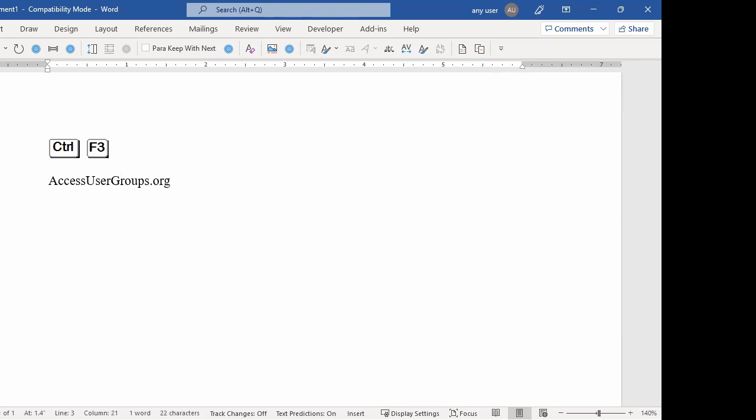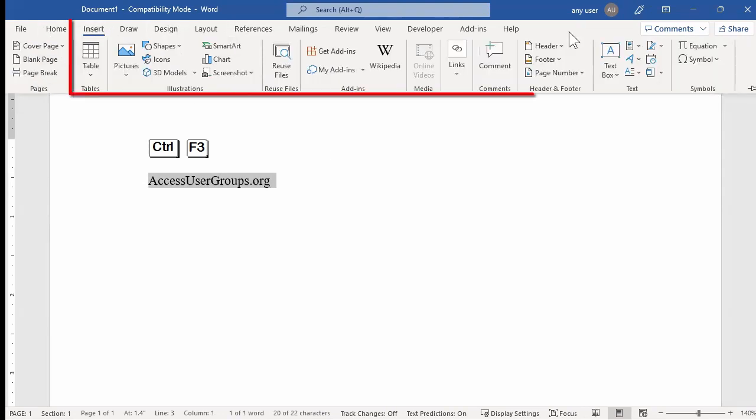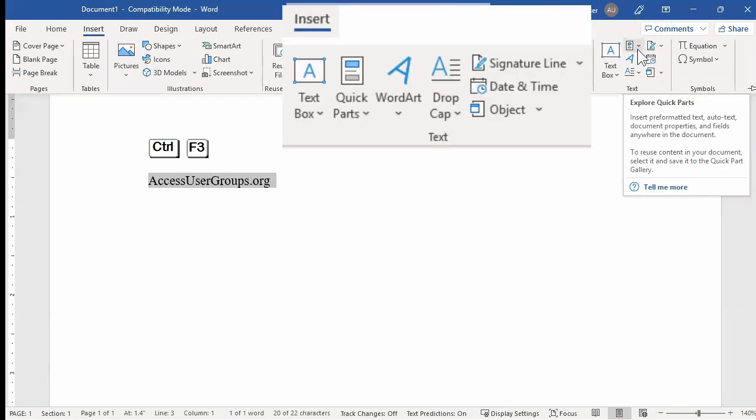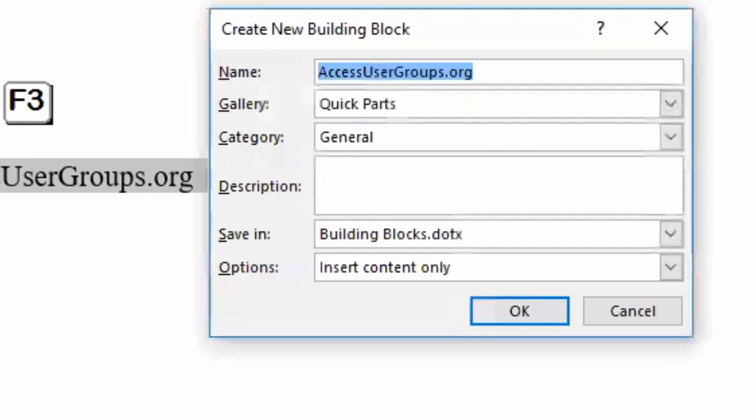AccessUserGroups.org. Gosh, that's a lot to type. So instead of having to type that out all the time, I can insert, and I'm on my narrow screen, so I have to come over here and hover over these things. Quick Parts, explore Quick Parts, and I want to create a quick part. So save selection to the Quick Part Gallery, and I could call that AUG, and then I can save it